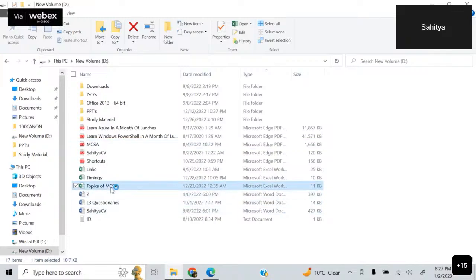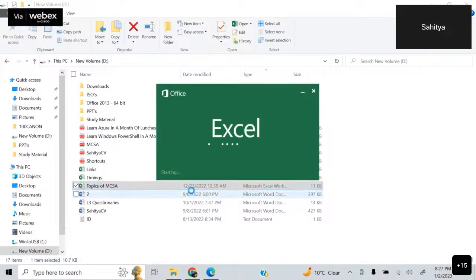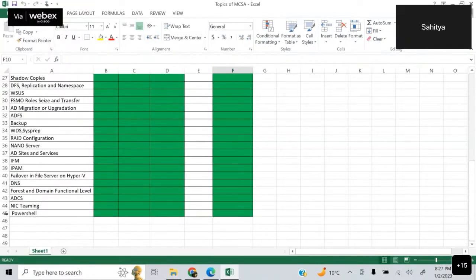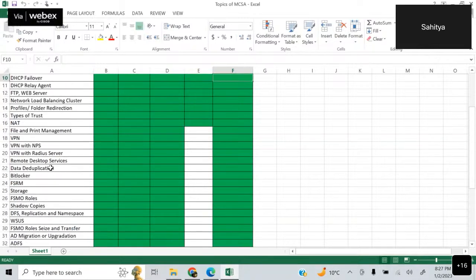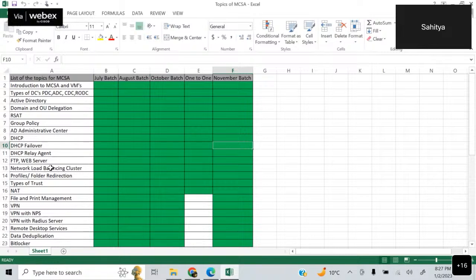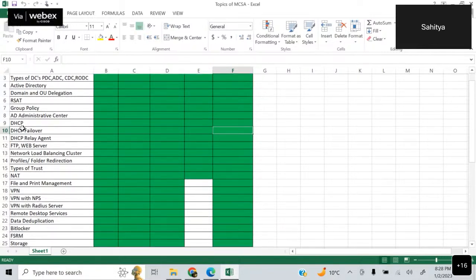So this one is the file. See, we do have around 45 topics in this whole module, right? Maybe if something has been missed, so everything is here. Introduction to MCSA and VMs, then types of DCs, primary domain controller, additional domain, CDC, and then RODC, then Active Directory, then domain and OU delegation, RSET tool, group policy, AD administrative center, then DHCP failover, DHCP relay agent, and